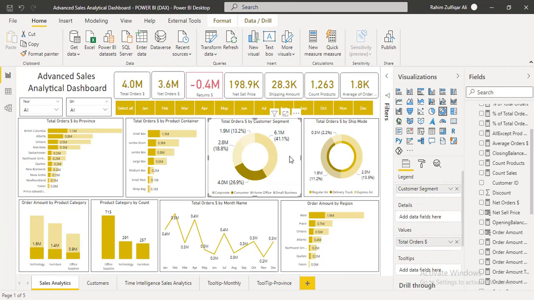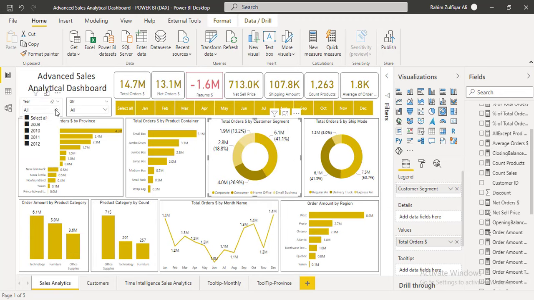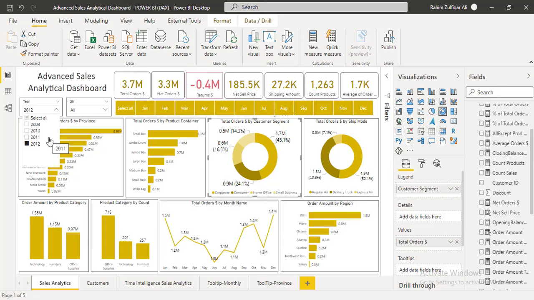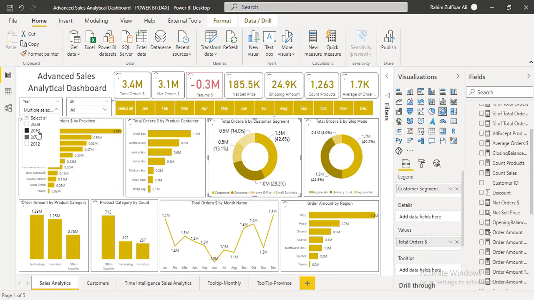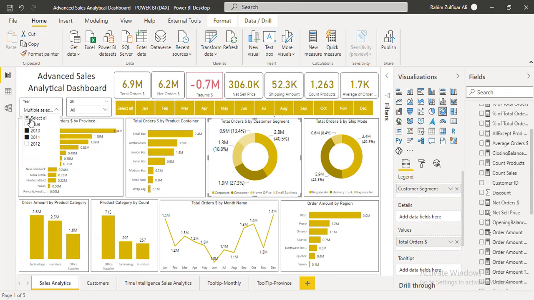Okay, you can also filter it by using the year. So if you don't want to see all the years, you just want to see 2012, you can just click on 2012, and this is the position of 2012. If you want to add more years, you can just click on that as well. With the help of the control key, you can select more than one year, or you can just click on select all.